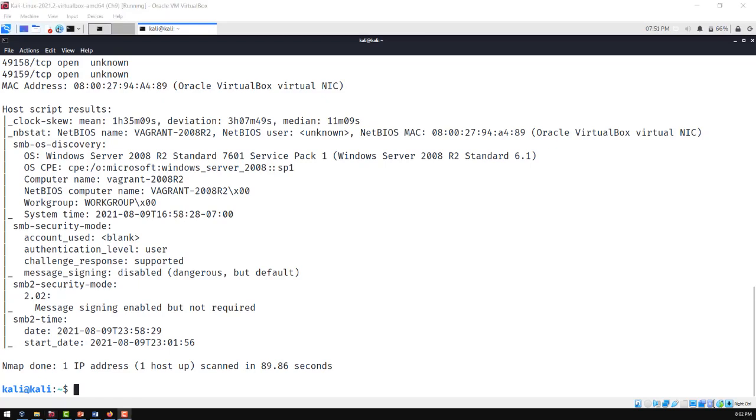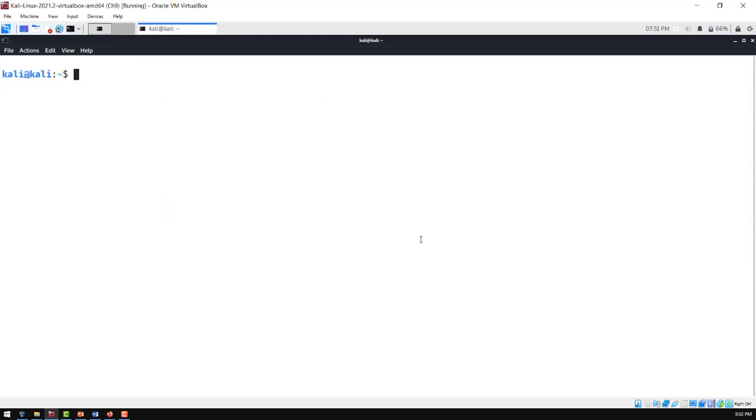So let's imagine that you simply want to determine the SMB security mode without having to run all the scripts. We can use the Nmap scripting engine, and all we need to do is say nmap --script and specify the scripts that we want to use. So for example, we can say smb-security-mode